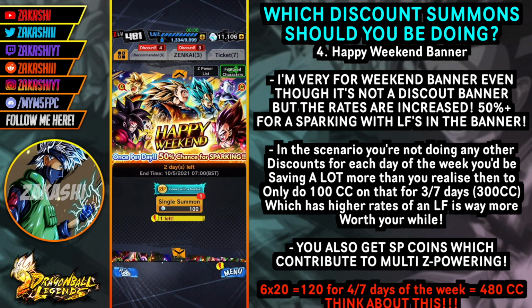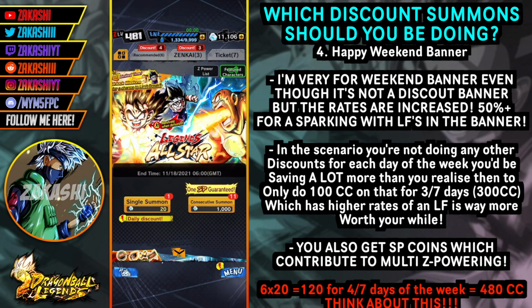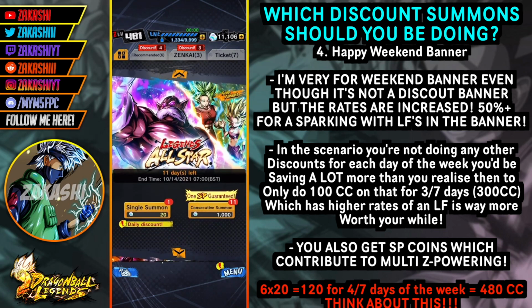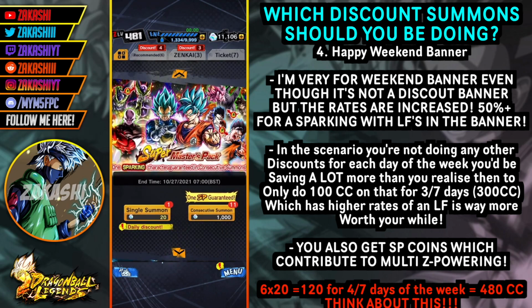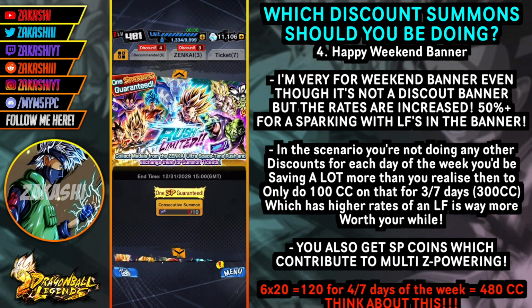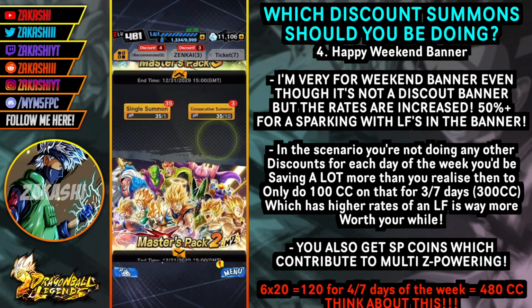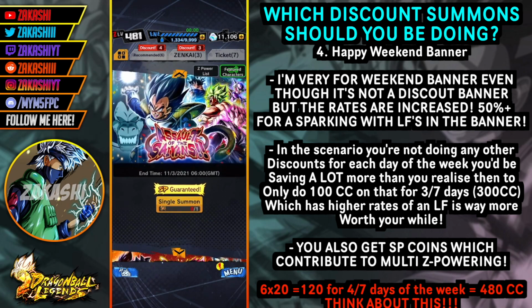And if you really are unsure about whether you should spend on this banner, if I put it to you like this, if you didn't do any discounts throughout the whole week, I'm going to do some maths here. At the moment, I'm just going to count every banner there is. So there's 1, 2 discounts already, 3, 4 discounts, 5, 6. So there's 6 discounts there. That would be 20 times 6. That's 120. And you're doing that every single day